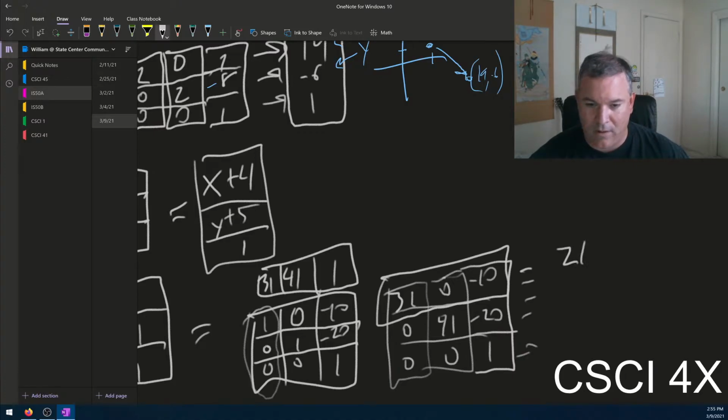21. 0 plus 41 plus negative 20. Add these across. What do you get? 0 plus 41 plus negative 20 is also 21. And then 0 plus 0 plus 1 is 1. And so with an input of